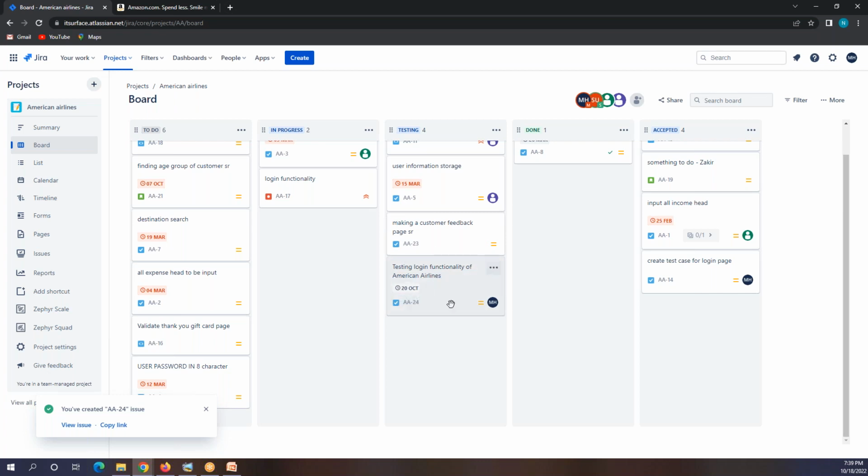So you don't need to keep it in testing. Just drag it to done. And in the sprint review meeting, they will ask you about this task, did you complete that? You will say yes, I completed that. I already added my results here, so you can close it. So what they will do is drag that and put it here in accepted. So that is the flow.